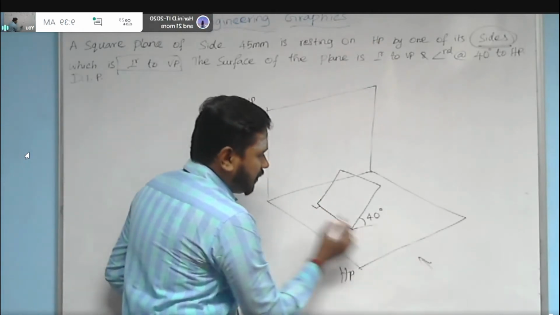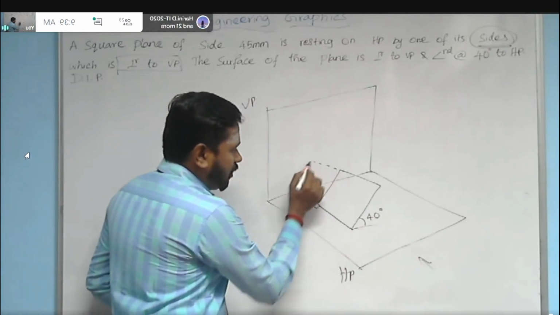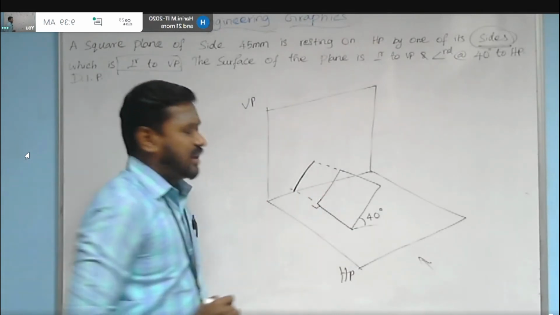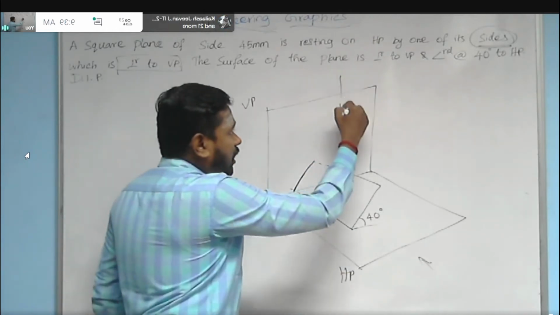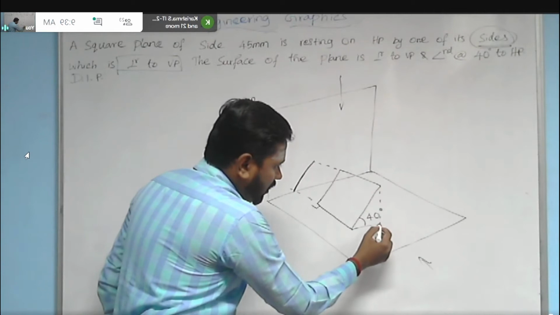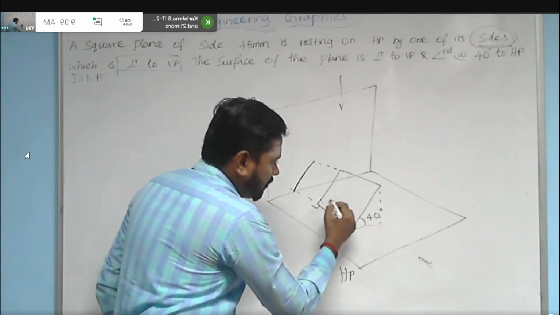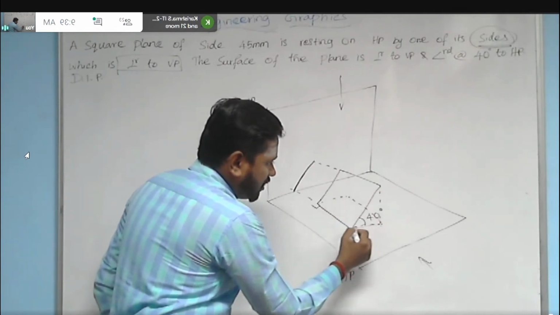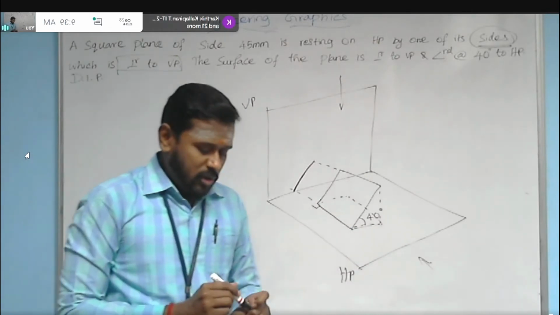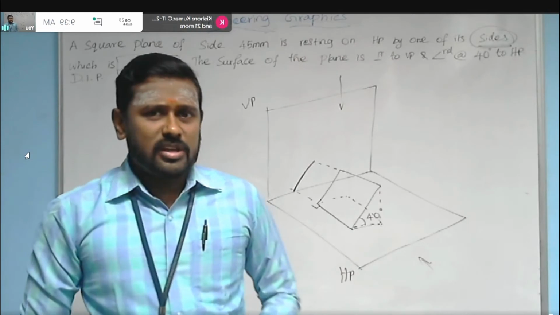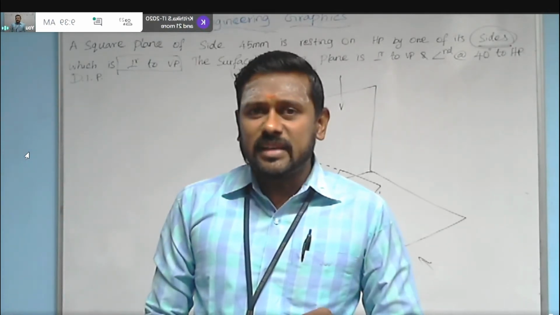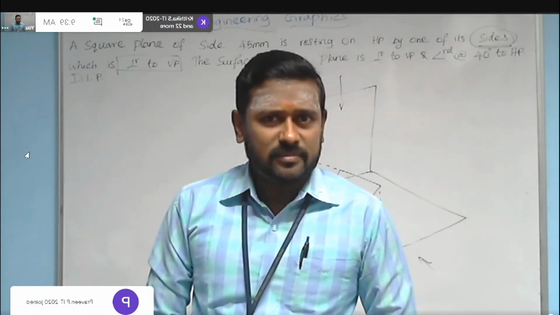When you look at it from the front, the object will appear in the vertical plane simply as a line. When you look at it from the top, the top view will be obtained in that way. I have just drawn it with a dotted sketch. So in this way you will get the top view. One more logical question I want to ask: in the top view, will you get the exact square shape or not?